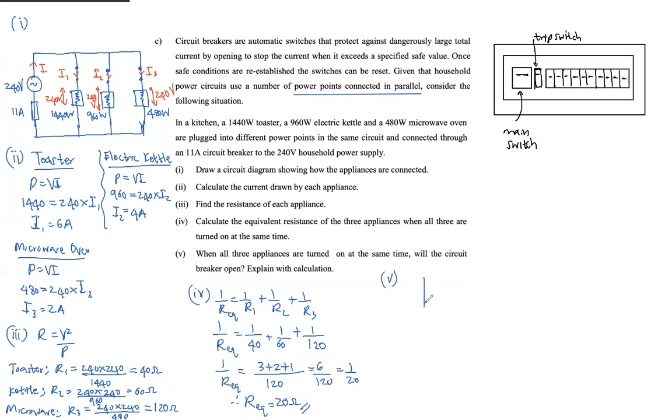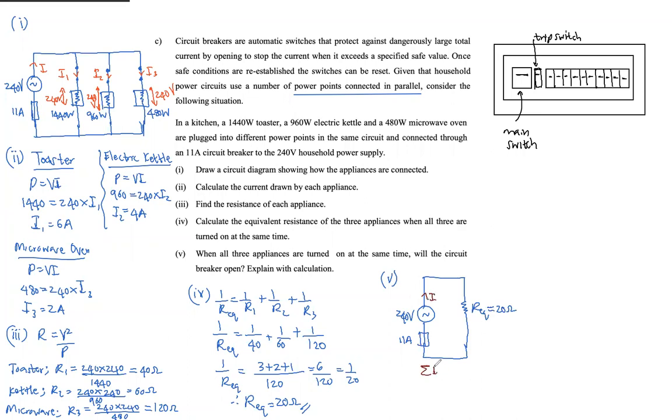Now you can redraw that circuit if you want. You can redraw that circuit with 240 volt, and you can put just R equivalent, and don't forget the circuit breaker or the fuse. It will be the 11 ampere fuse we are using, so an 11 ampere circuit breaker, and R equivalent is equal to how much? 20 ohm. So if you try to find the current now,